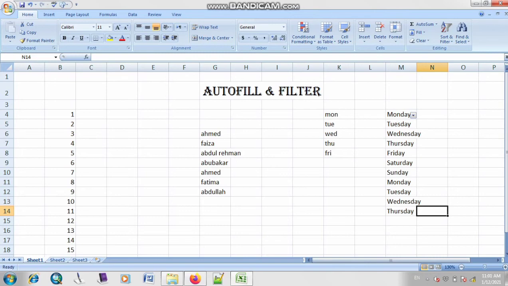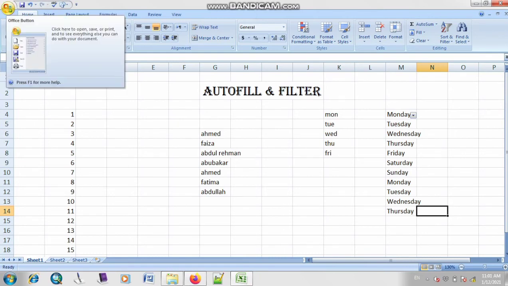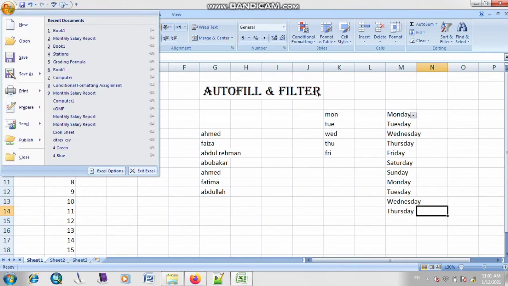Similarly, the autofill feature is used if you want to fill your series automatically, then you will use this feature of autofill. Type here Monday through Friday, the days of your week. We can also have a list related to the months of the year. So let's see the first list. Click on this office button. So now the next option is, what is the next option? Fatima, what is the next option?